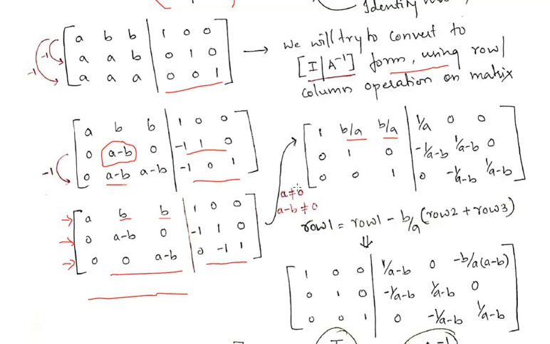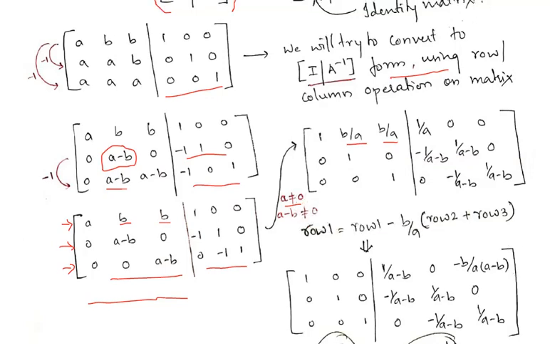See, when you are dividing by a, you know that whenever you do a scalar operation, suppose 2x is equal to 3, so x will be equal to 3 by 2. If it is 0, that is 0x is equal to 3, what will happen? x is equal to 3 by 0, which is not defined. So a cannot be 0. In the same way, we are dividing this row by a, which means a is not equal to 0. Now I hope you got it.